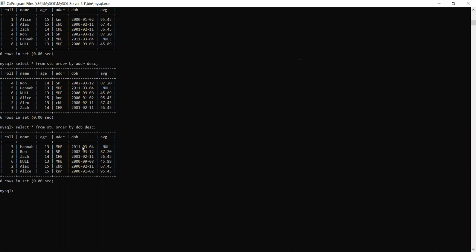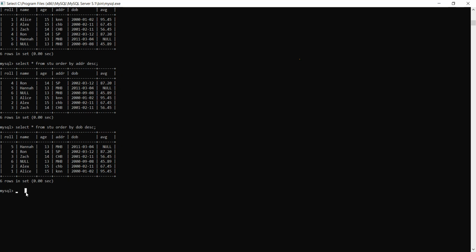Now you can see date of birth. In date of birth, you have to understand how we are actually calculating the date. For example, 2011 is maximum and 2000 is minimum. In 2000, then January month and second day is actually the minimum value. Because the data type of this DOB was date, it is checking the date in the proper format. Then the next thing is, suppose you wanted to arrange them with respect to multiple columns.